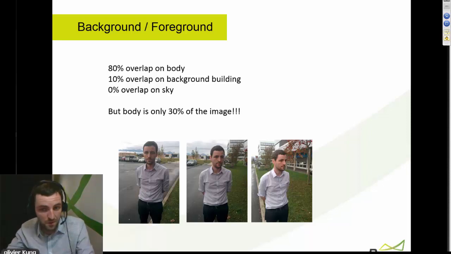If you look at the sky, there is no correlation that can be done in a meaningful way. So every part of the image that contains sky is useless information. So when we look back at this project, the part which contains 80% overlap is basically only the frontal part of my body, of the shirt here, and everything else has much less potential overlap, and it looks very different